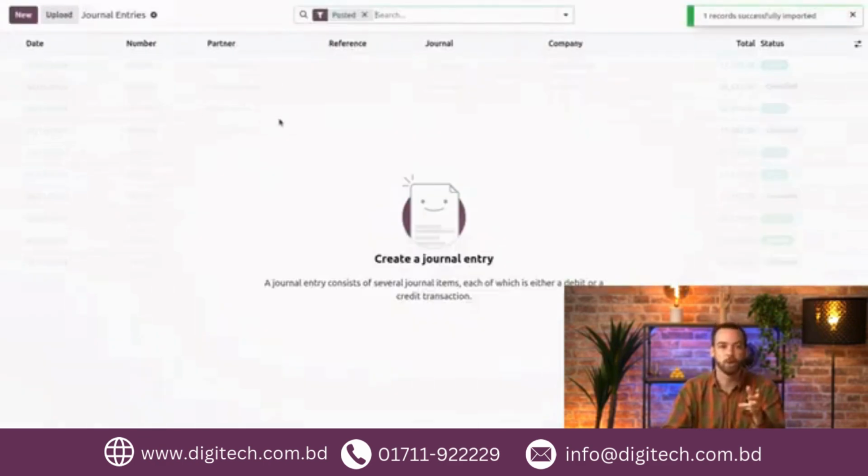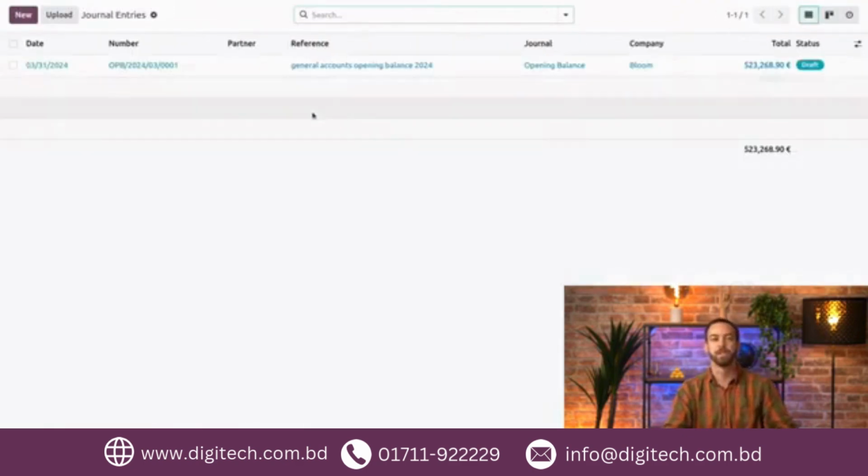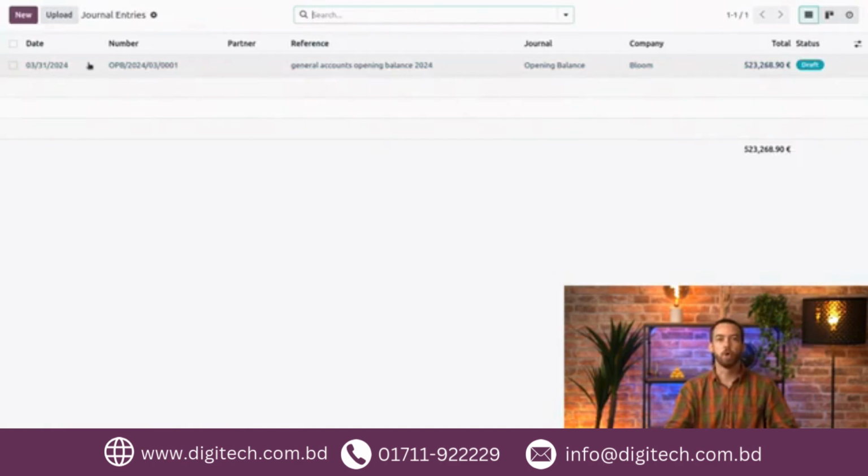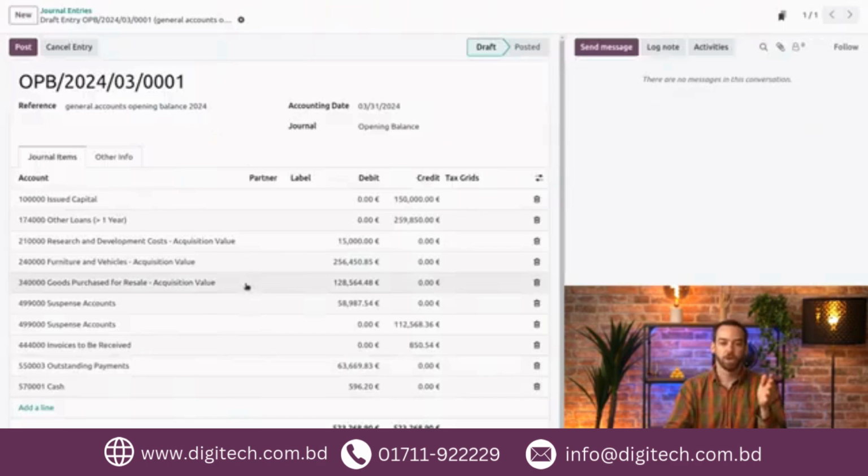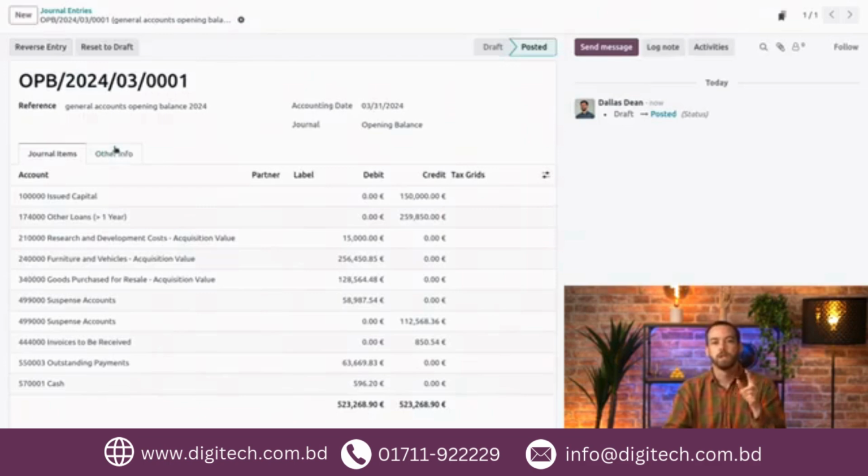Now we can find this journal entry that we've created by getting rid of this posted filter since it's still in draft. Next, we can open it, take a look, everything looks good, so we'll go ahead and post. Next, let's take a look at our general ledger, and we'll see that it almost looks like the one from our old system,